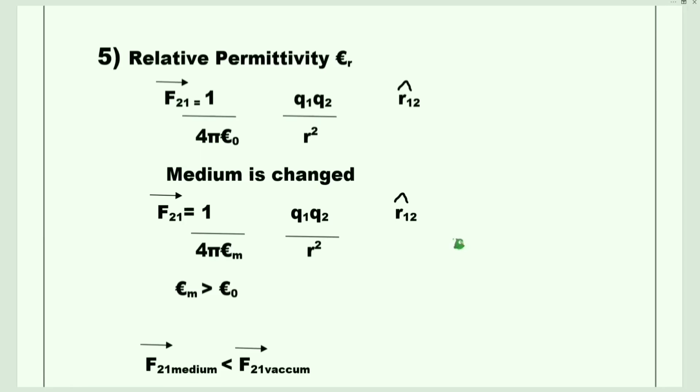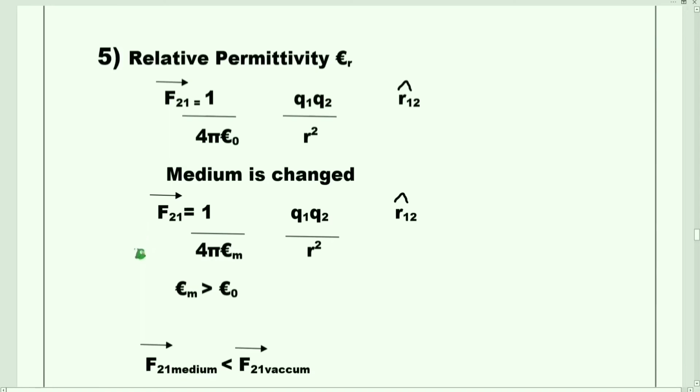Now let us move on to the fifth aspect. The fifth aspect we are going to learn is relative permittivity, epsilon r. By Coulomb's law, the force between 2 point charges in vacuum is given by F21 vector is equal to 1 by 4 pi epsilon naught Q1 Q2 by R square R12 unit. If we change the medium to something other than vacuum, the force between the 2 point charges will be